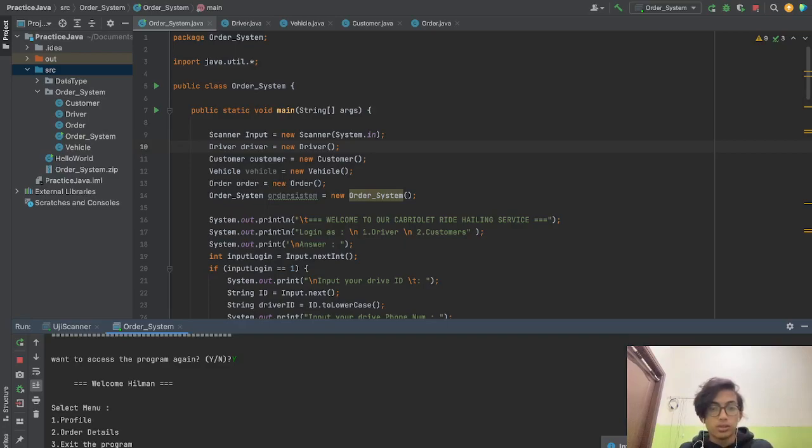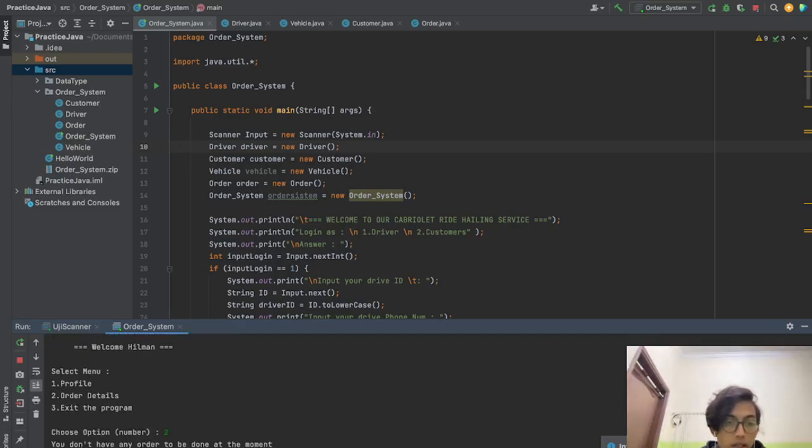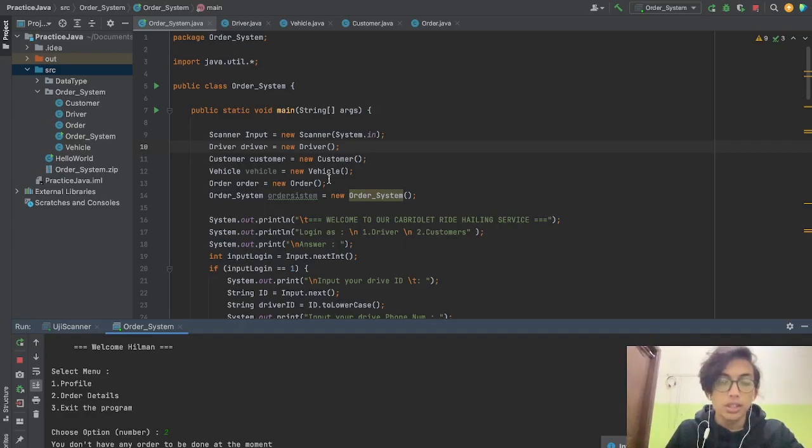I think we don't need to go with that. Okay, here the order details will display the details of the order that we take at the moment. But since the driver is not having any order now, the system will display that you don't have any order to be done at the moment.